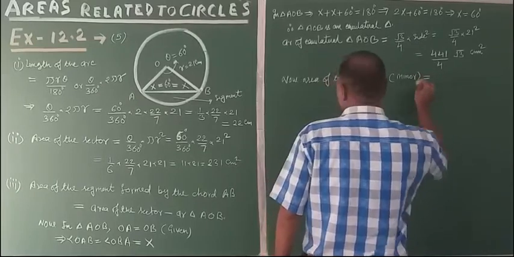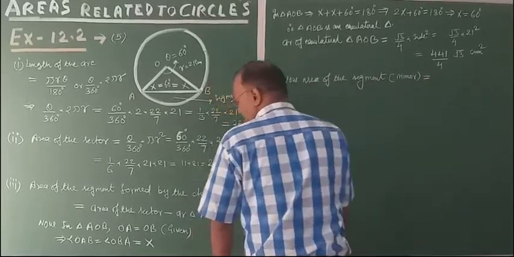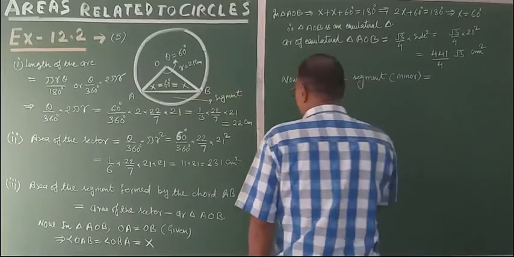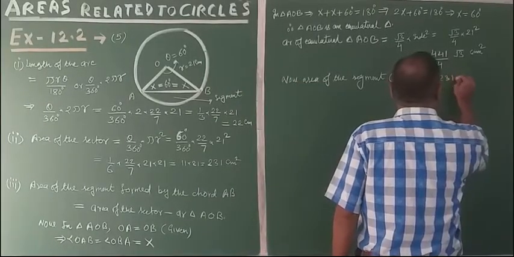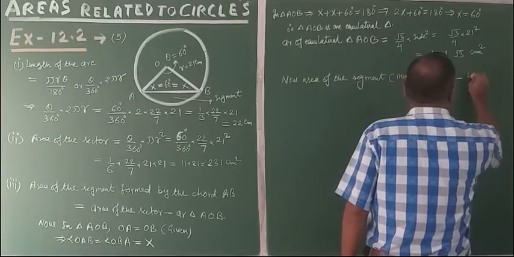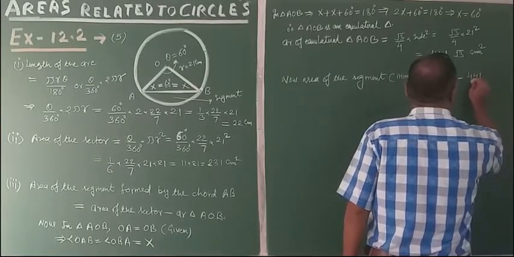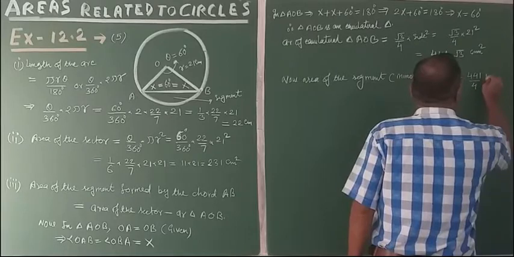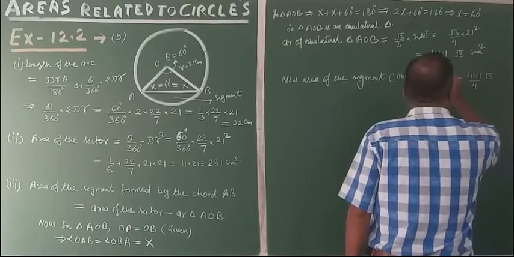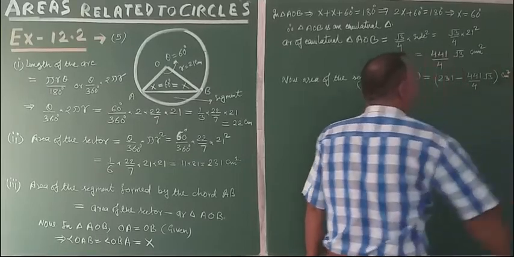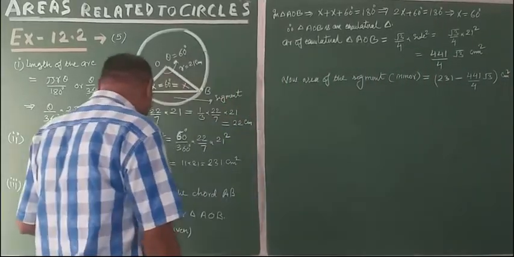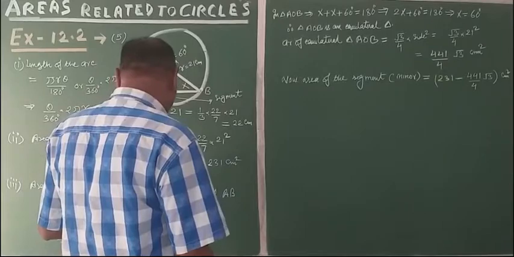So what will be this? I have written here area of the sector, that is 231 centimeter square minus 441 upon 4 under root 3 centimeter square. So when you will solve this